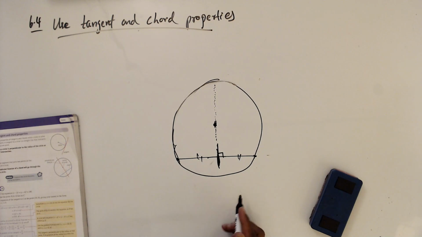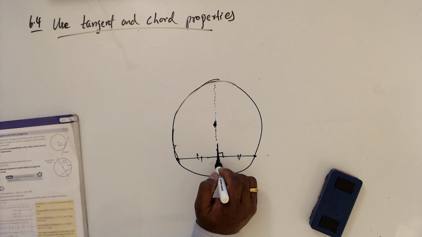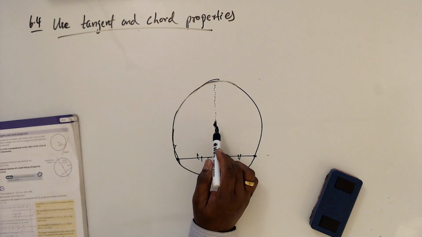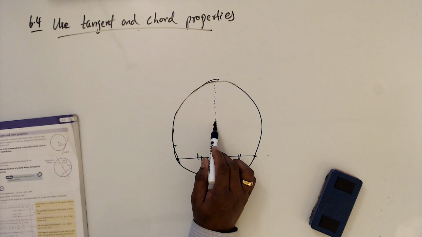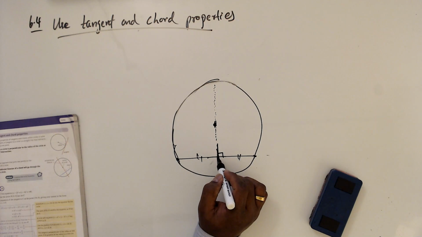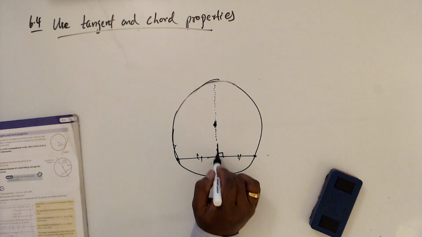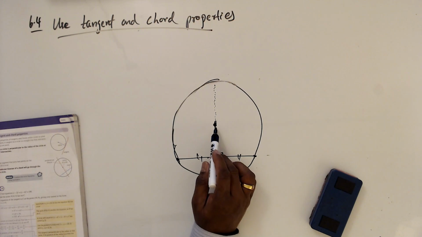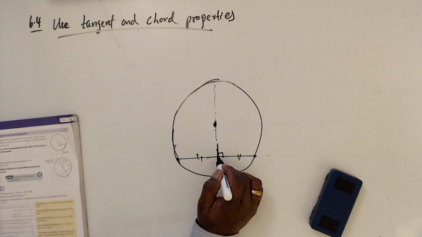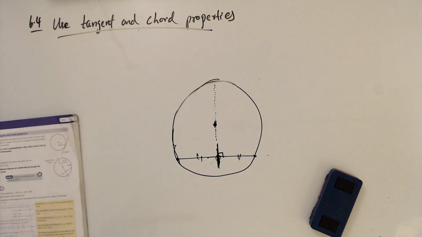Then what kind of data can you grab? If this line is a perpendicular bisector, then it goes through the center. Hence you can take the center coordinates to find the equation of this line, the equation of the perpendicular bisector. You can use not only this middle point, you can use the center coordinates. We will go through the exercise and then it will be clear for you.